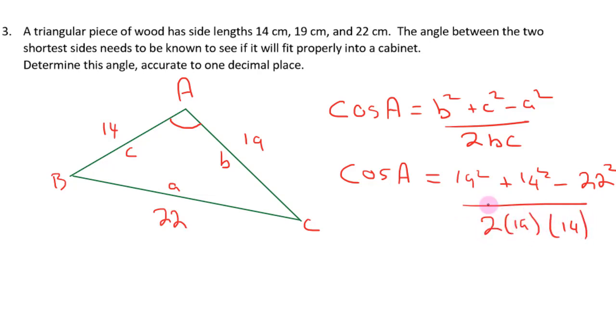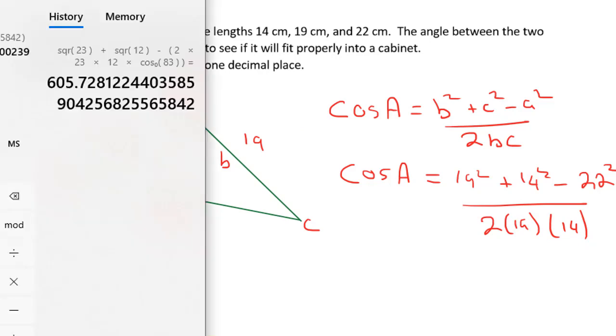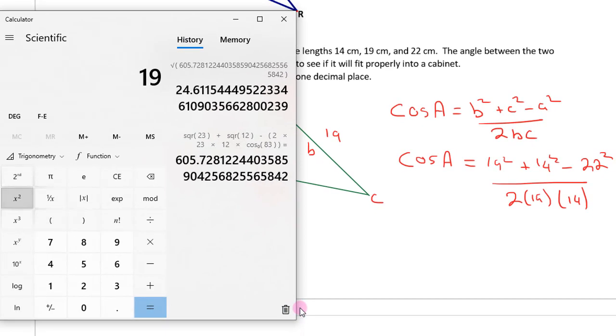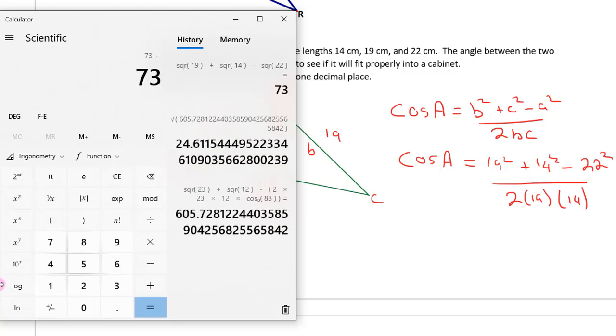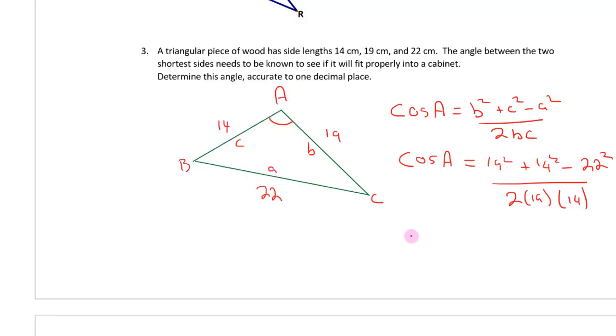I'm going to pull up my calculator, and let's see what we get. So it's going to be 19 squared plus 14 squared minus 22 squared. I'm going to hit the equal sign to figure out what we have in the numerator. Now I'm going to hit divide. I'm going to put this in brackets just to make sure that we carry out all of our multiplication before we divide. So it's going to be 2 times 19 times 14. Close off my brackets and then hit equals. So cosine of A is going to equal